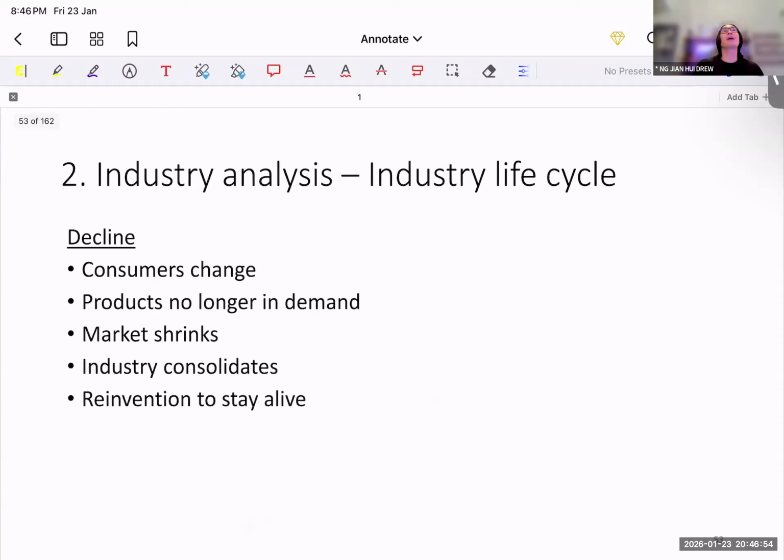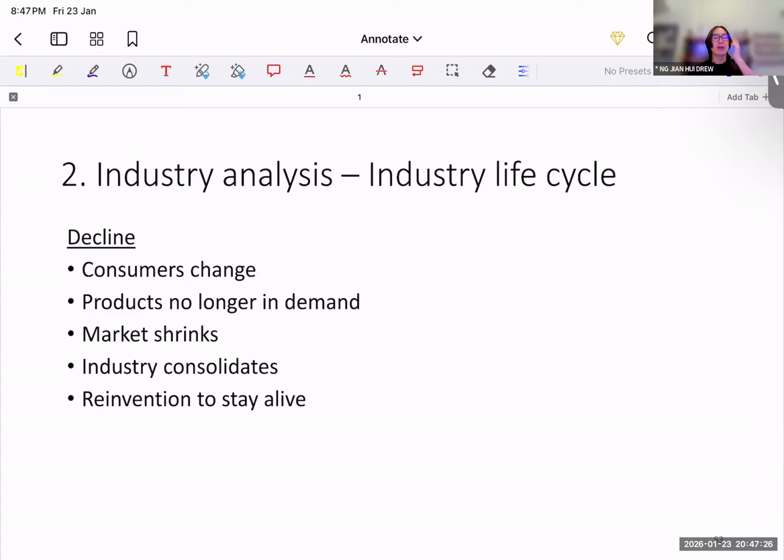Last but not least, if the company is in more of a decline stage, that's where we'll be a bit concerned, really. So things like SPH. SPH is the one that distributes newspapers. We know that SPH hasn't been doing too well. I mean, who reads newspapers nowadays, right? Even if they do read it, it's online. News is all free. It's on YouTube. It's on Facebook. So we know that SPH is on decline.